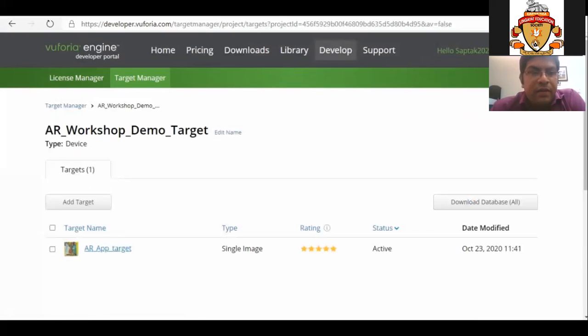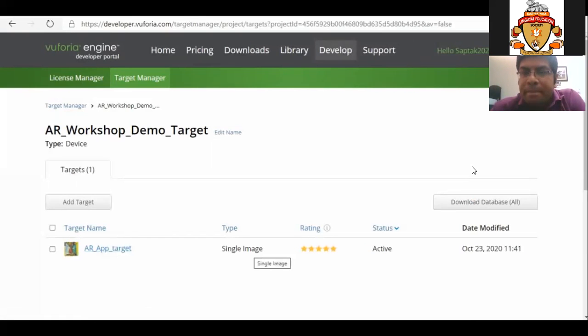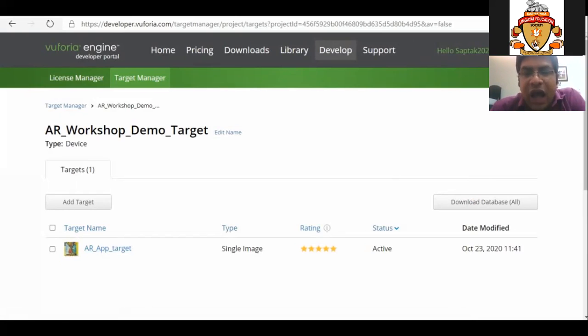Okay. So once the status becomes active, now it is showing the rating as 5 star. So what does this rating signify? The rating basically signifies how unique the picture is.